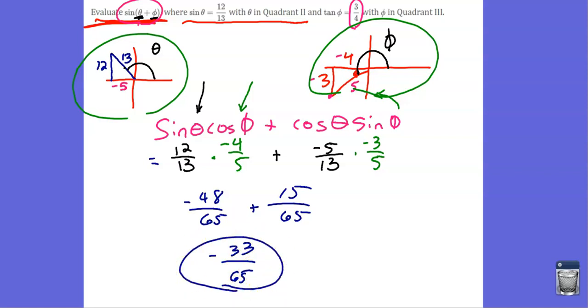So notice we didn't really need a calculator to evaluate any of these functions. We basically just need to know all the formulas for the sum of the angles for the sine, cosine, tangent, and we evaluated each one of those functions and found the exact values of every